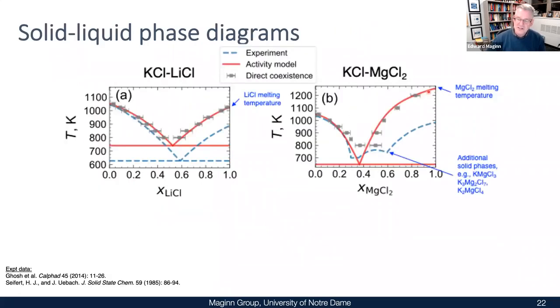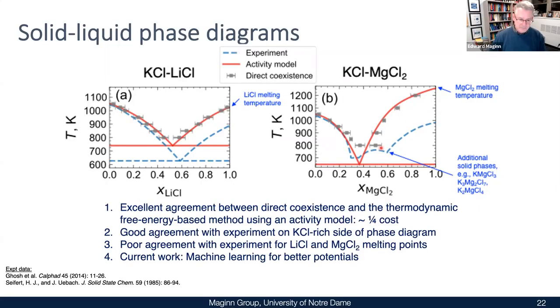It also tells us, and I won't show this, but if we adjusted these melting points and used the experimental melting temperature here, these curves match the experimental values almost perfectly. You can kind of see that if you just scaled everything, which tells us that we're getting the non-ideality of the liquid phase right with our model. All we're missing is the melting temperature of the pure LiCl and MgCl2. So for about a fourth of the cost, we can get these coexistence curves. I would say we get good agreement when we have the right melting temperature, but when we don't, we are